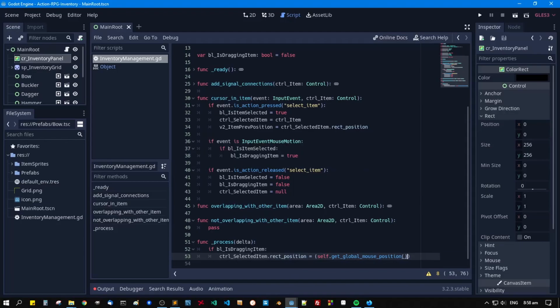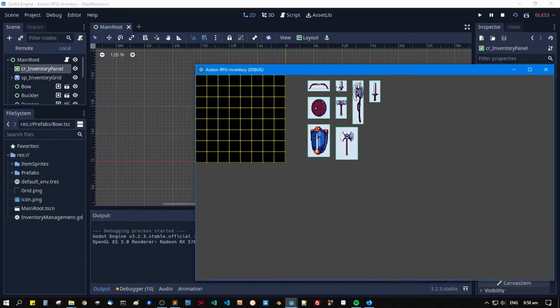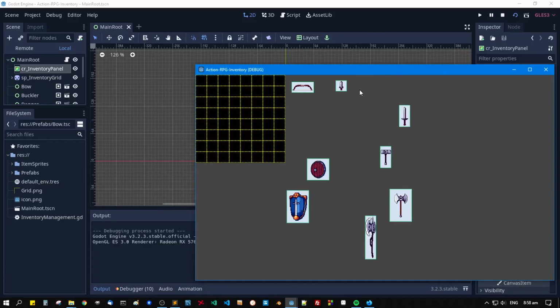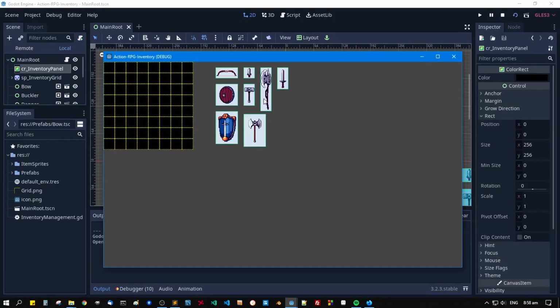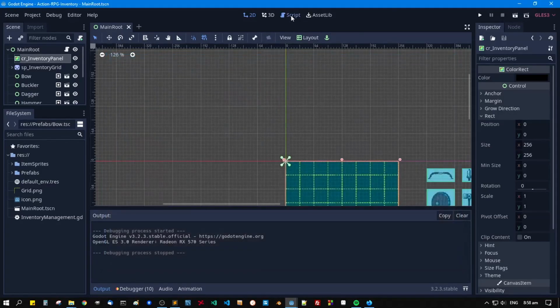Let's check our work. Save that and let's try to move the item. Okay, it's good, it's following the cursor. So we can now drag and then release. This is good. Also, as you can see, as we are dragging the item, other items are overlapping that selected item. So to fix that,